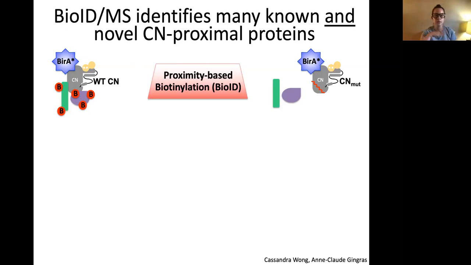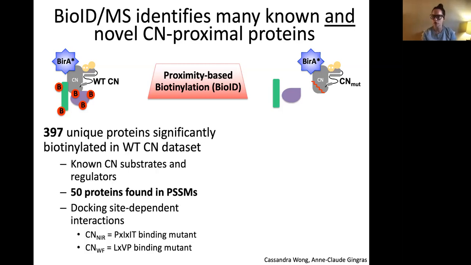So once you express these BioID fusions in HEK cells, label them with biotin, and then ultimately do a biotin enrichment and mass spec analysis, we identified almost 400 proteins that were biotinylated above background with the wild type calcineurin fusion protein, including, very importantly, many known calcineurin substrates, and also about 50 proteins that were identified in our PSSM analyses, which is a really significant enrichment and supports our confidence in both the BioID approach as well as the